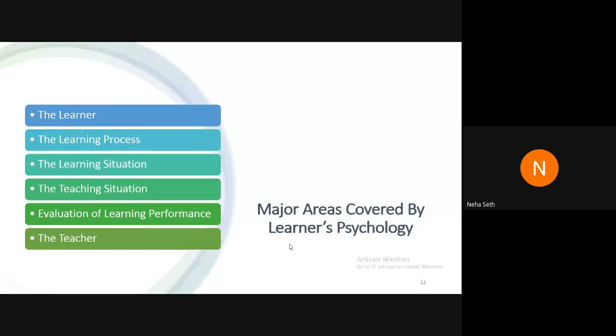Now, these are the major areas covered by learner psychology. First is the learner. We have talked a lot about the learner. We need to know our students and deal with the individual differences that we face in the class. We need to understand their conscious as well as subconscious behavior. And we need to understand the characteristics of development and growth from childhood to adulthood, even in the span of 2 years for which they are with you, even in those 6 months during a semester, there is a lot of change in their behavior that we as teachers can observe.